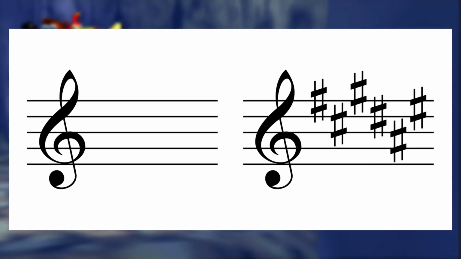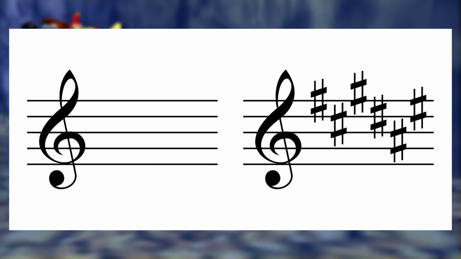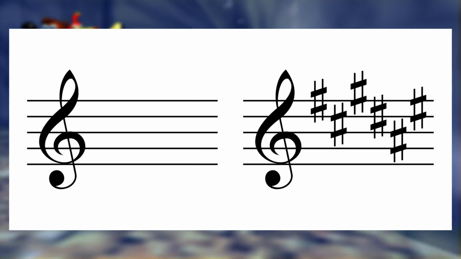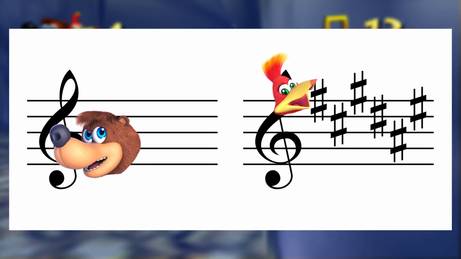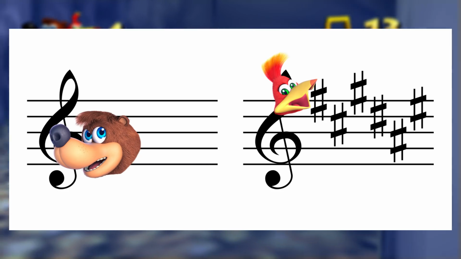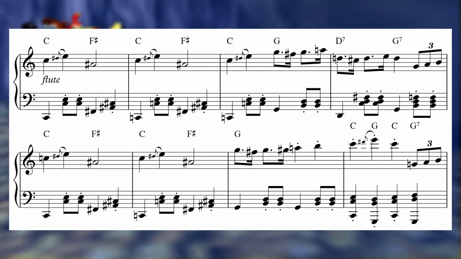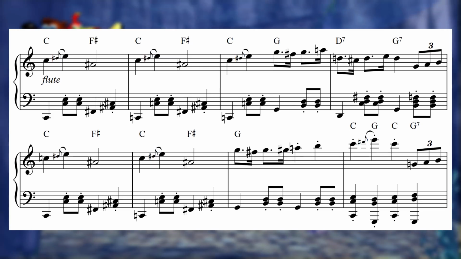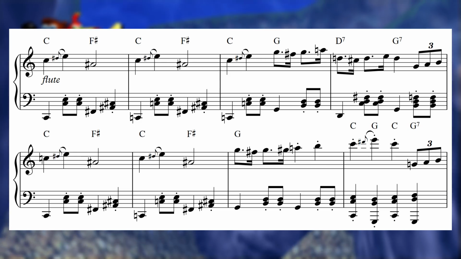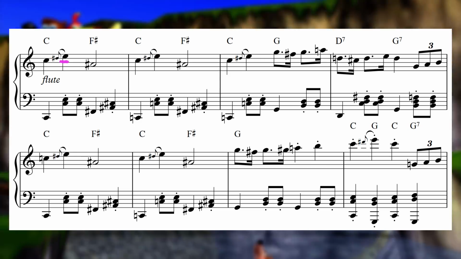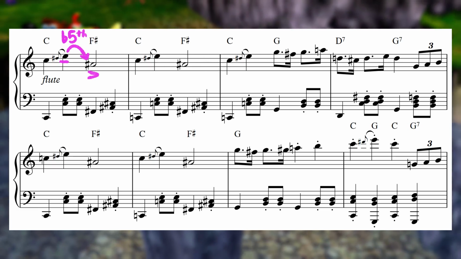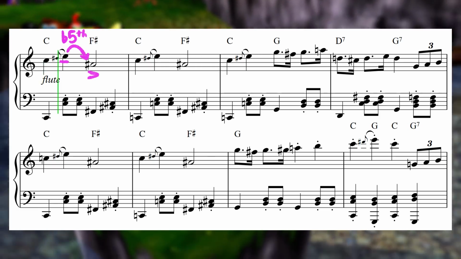Kirk Hope has mentioned in interviews how he specifically used the tritone relationship when writing the music for Banjo-Kazooie to represent how the two titular characters have completely opposite personalities from one another. In Mumbo's Mountain, we don't just jump between C and F-sharp chords to get that signature tritone jank. The effect is emphasized by the melody's drop-down of a tritone from E to A sharp, powering up the jarring harmonic shift by pairing it with a jarring melodic one.